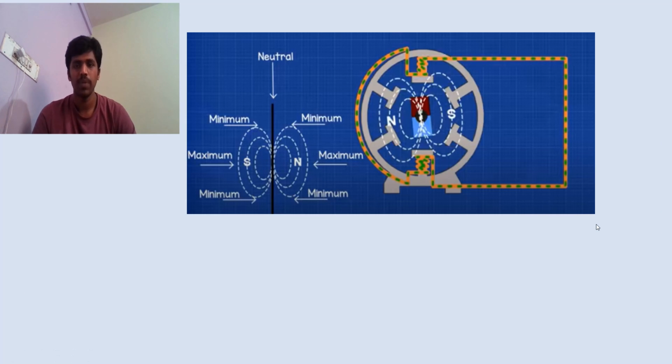So if the magnet present at the center starts rotating, then it will disturb the electrons associated with the copper coil, as it consists of a magnetic field around it. You can observe the magnetic field which is present around this magnet. The magnetic field starts increasing and becomes maximum at the center. Then it starts decreasing, and it is present at both ends of the magnet, that is, the north and south pole.